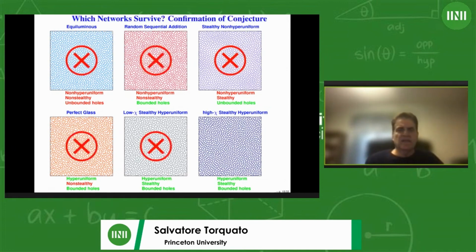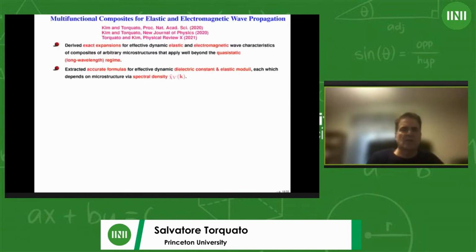And it turns out that the one that emerges, but we're interested, I should emphasize, in what would survive if you were able to go to the infinite system limit. And this is the only one that survives, which does not mean it actually produces a band gap in the infinite system limit. We can't prove that, but it definitely tells you that it has a higher place among all of the possible structures.